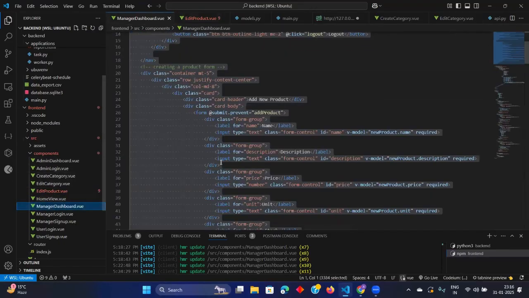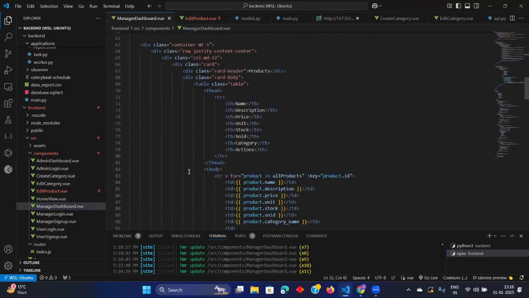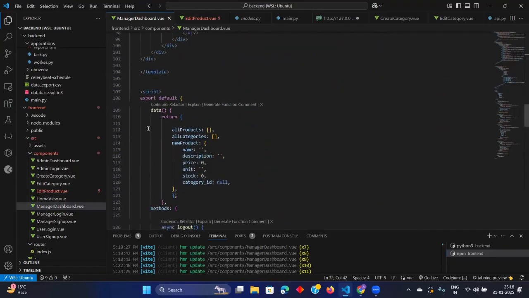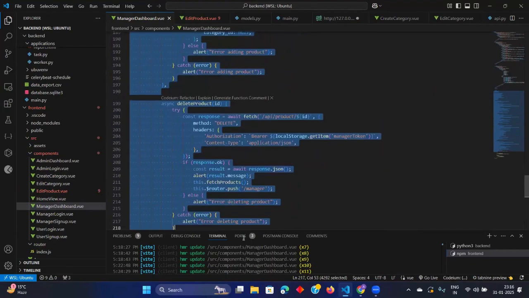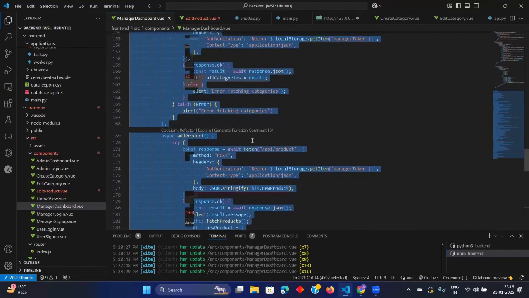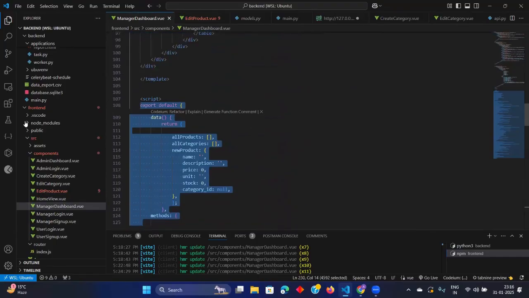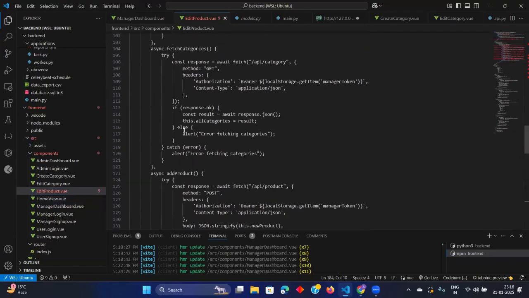Let us go to the manager dashboard. Now let us just copy this once. See, the script is not copied. Okay, product, paste.